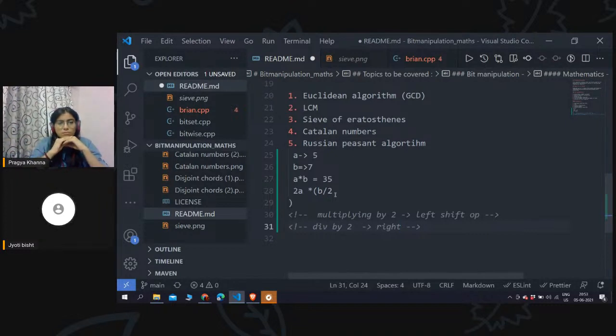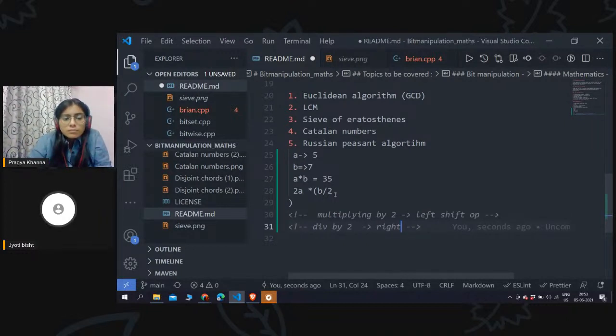Does that make sense? So in exams, I remember this was a question in my exam that you have to multiply two numbers without using plus or minus. And I was really confused ki karna kaise, but this is something that everyone should know. Okay, if you want to see its code,